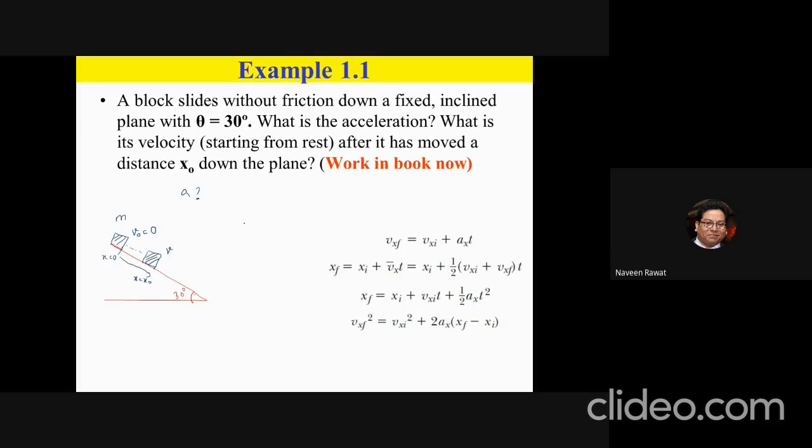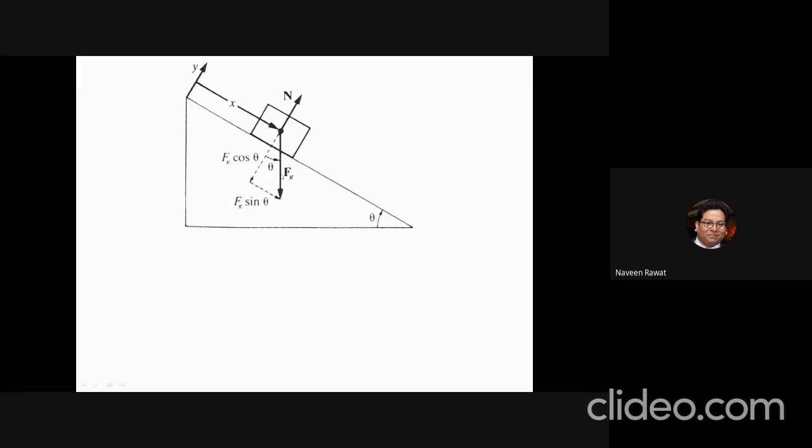Because this is a two-dimensional problem, you have to define what your positive y and your positive x axis are. Like we were discussing, first we have to take the object and decompose the forces that are acting on it. Because there is some angle theta here, which is 30 degrees, you first have to figure out the relation and see that this angle will be theta. How do you know that this angle is theta? Because if you draw a straight line from here to this point,